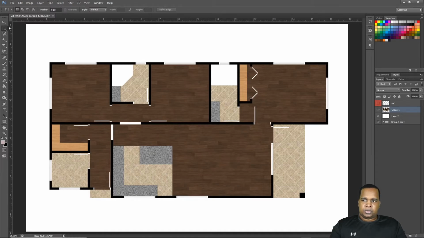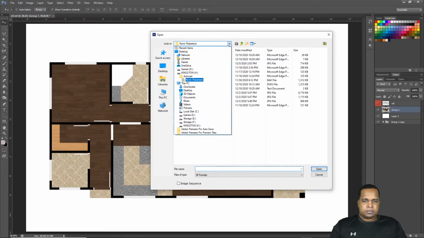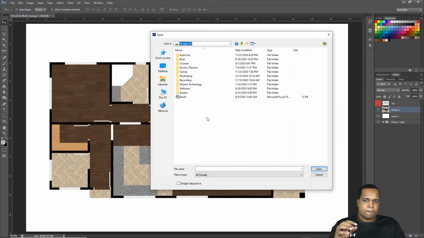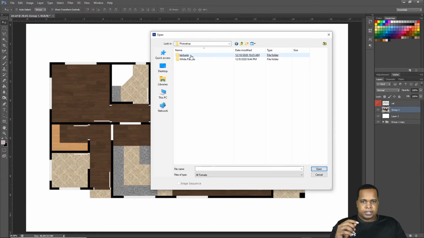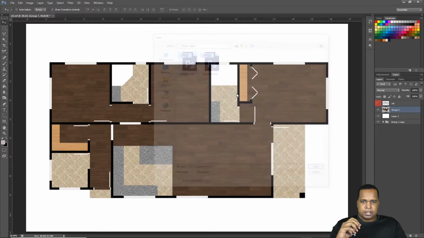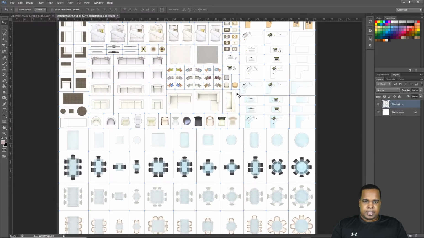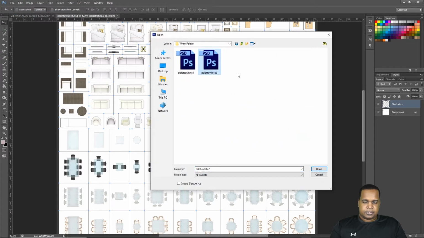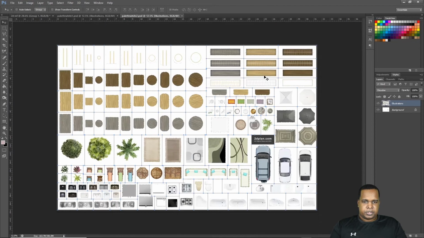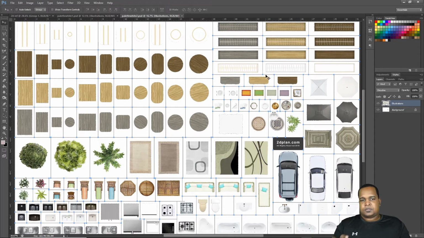So what we do now is, I have a list of assets that I got, called white palette. It's two files actually. So I bring in the file, and these are where I get my furniture from, and I have palette 2, which is what I normally use, and I would start pulling these assets in and scaling